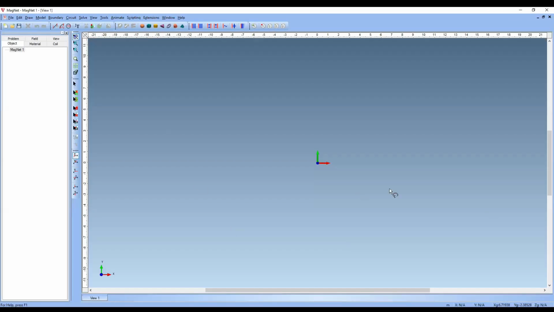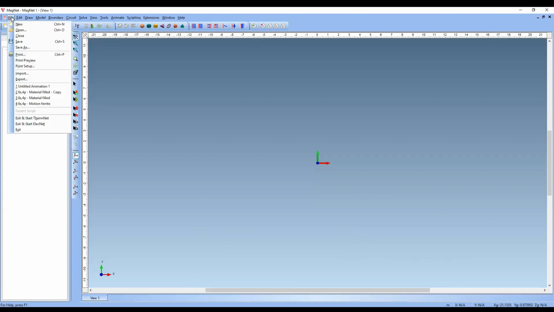Now, this is the new window model of the Magnet software. Once you open this, you will be viewing the screen like this only. Here, first we will see what are the available tools. If you go to files, like all the other software, it has new, open file, and if you have any file to be opened, you can do that. You can save and save as. You can also print your drawings and everything.